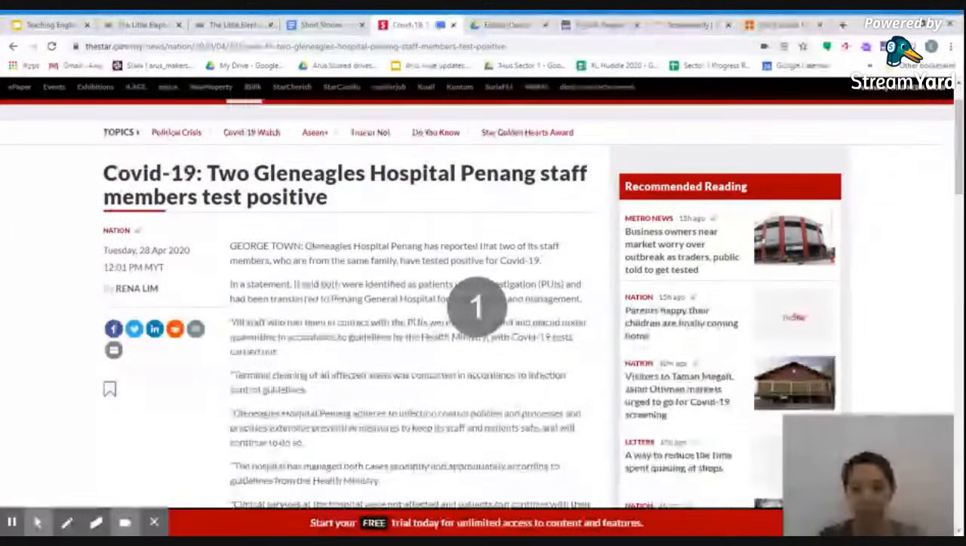Two Gleneagles Hospital Penang staff members test positive. Gleneagles Hospital Penang has reported that 2 of its staff members who are from the same family have tested positive